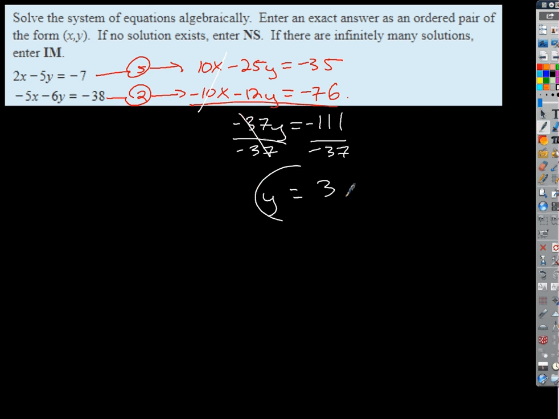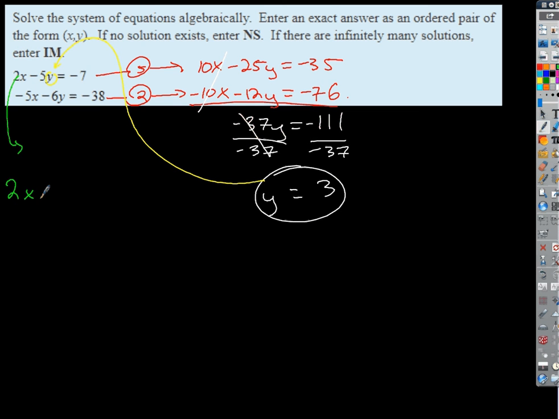Good. Okay, so that's one of the 2 parts of my solution. How do I get the x part, the x answer? Plug y in. Good. They'll both work, but is there one equation that might be a little bit better? Yeah. Maybe the top one, slightly smaller numbers, right? So we'll plug y equals 3 back in for that y. And that first equation, if I do that,